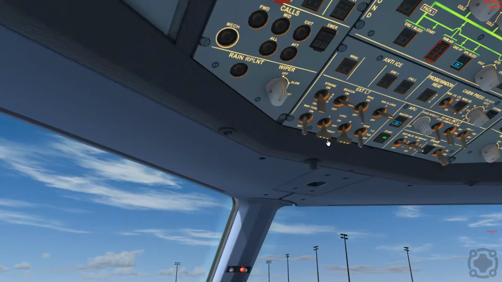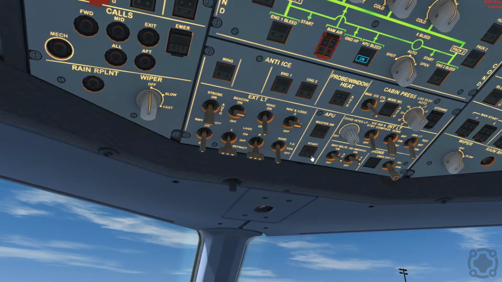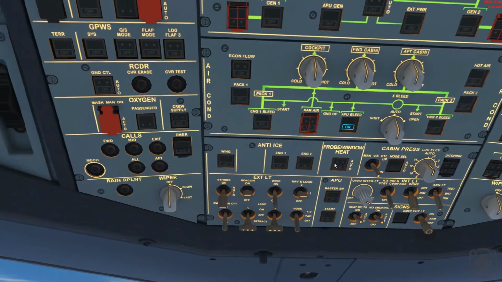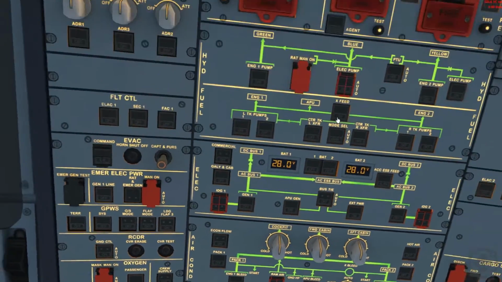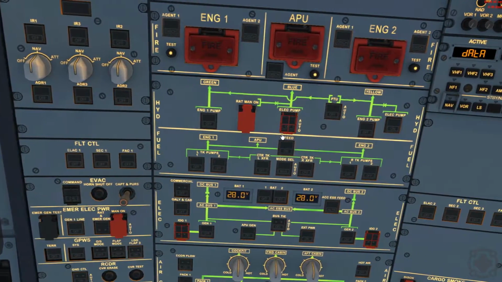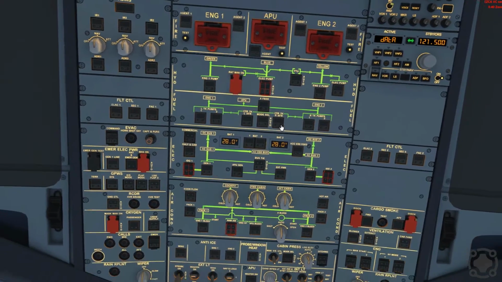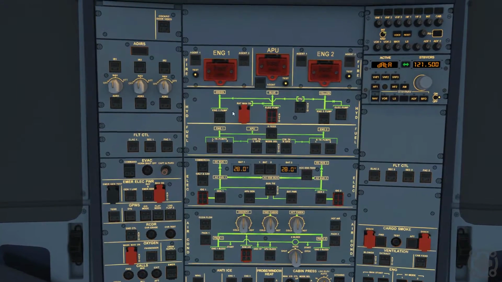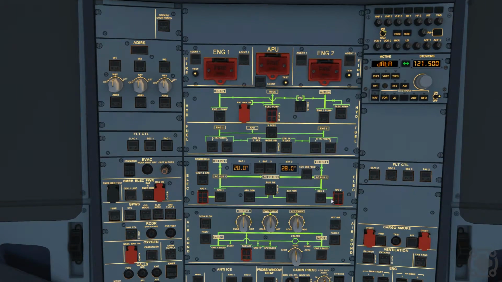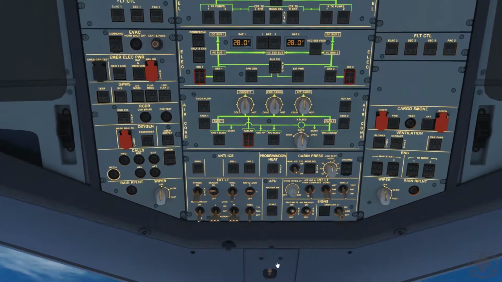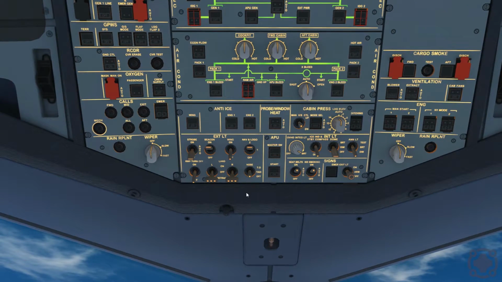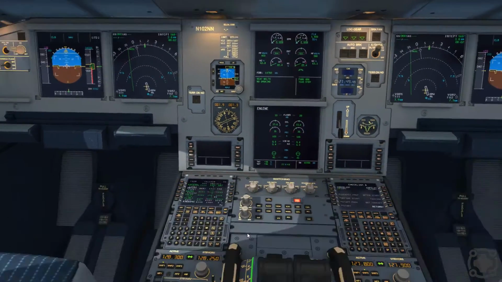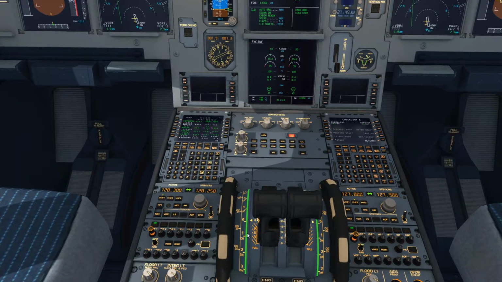It's just coming over here to turn off the APU, turn off the bleeds. All of our pumps are on, so it's kind of just checking the overhead panel really to see if there's anything of notice here, and there is not. We will turn on our nose lights to taxi. Nav logo is good. Strobe is fine. All right. So now that we're good here,